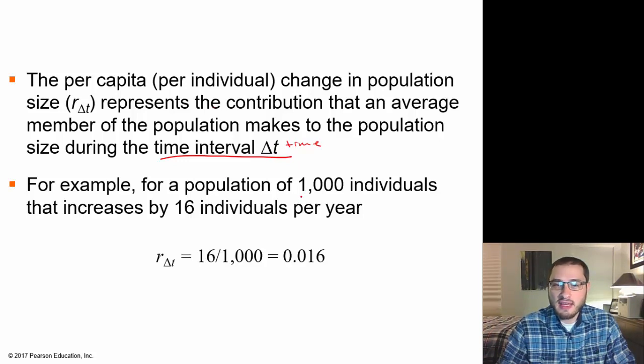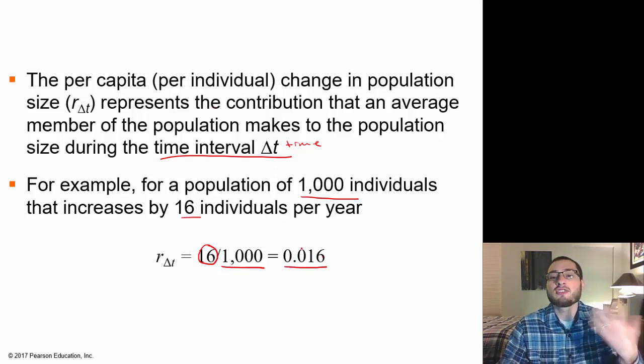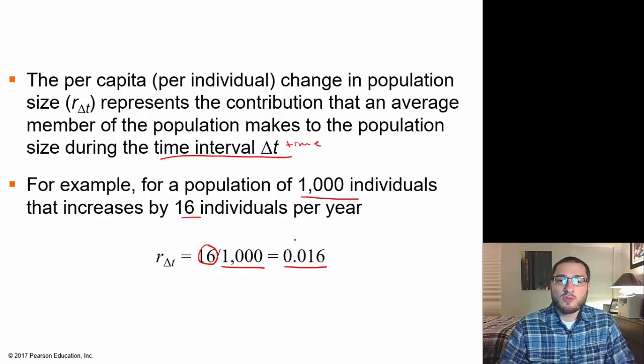So for example, for a population of 1,000 individuals that increases by 16 members per year, now we're talking about 16 over 1,000, which is going to be this ratio, or this decimal. Now we can take this decimal and apply it to other numbers. If we had a larger population with the same rate of increase, say 2,000 individuals,